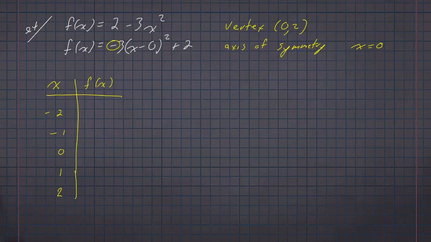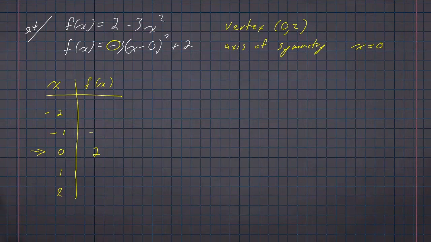But really the idea is that your center point is going to give you your vertex, and then you want symmetry on either side of that. I do know that when I plug in x equals 0, I'll get out y equals 2. I could choose to either simply evaluate the function at each of these points, which absolutely works, or I can play around with the idea of transformations to try to see where each of those points moves to. For the sake of time, let me quickly go through. And we're going to see that